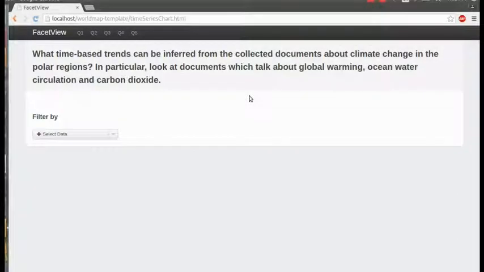This video is to demonstrate the work done for the course Information Retrieval and Web Search Engines. In this assignment, we provide a visualization for the data that we have indexed. The tools that we have used for this purpose are D3 and Facet View and Banana.